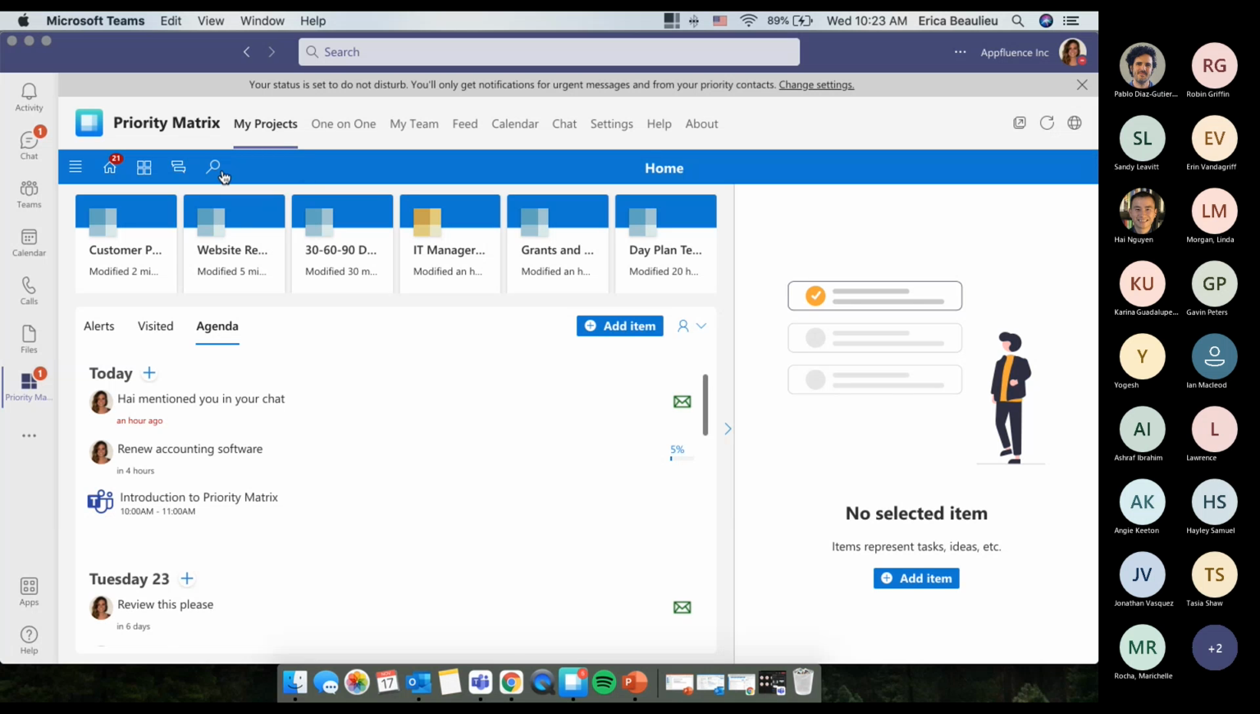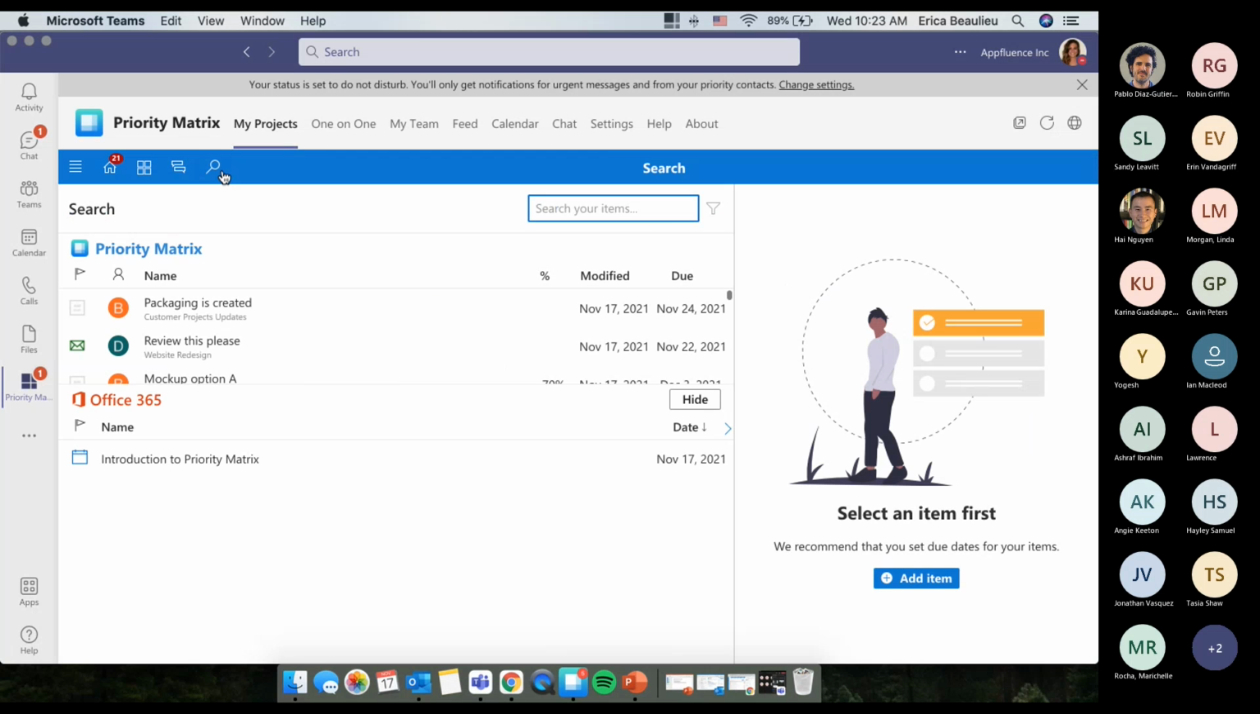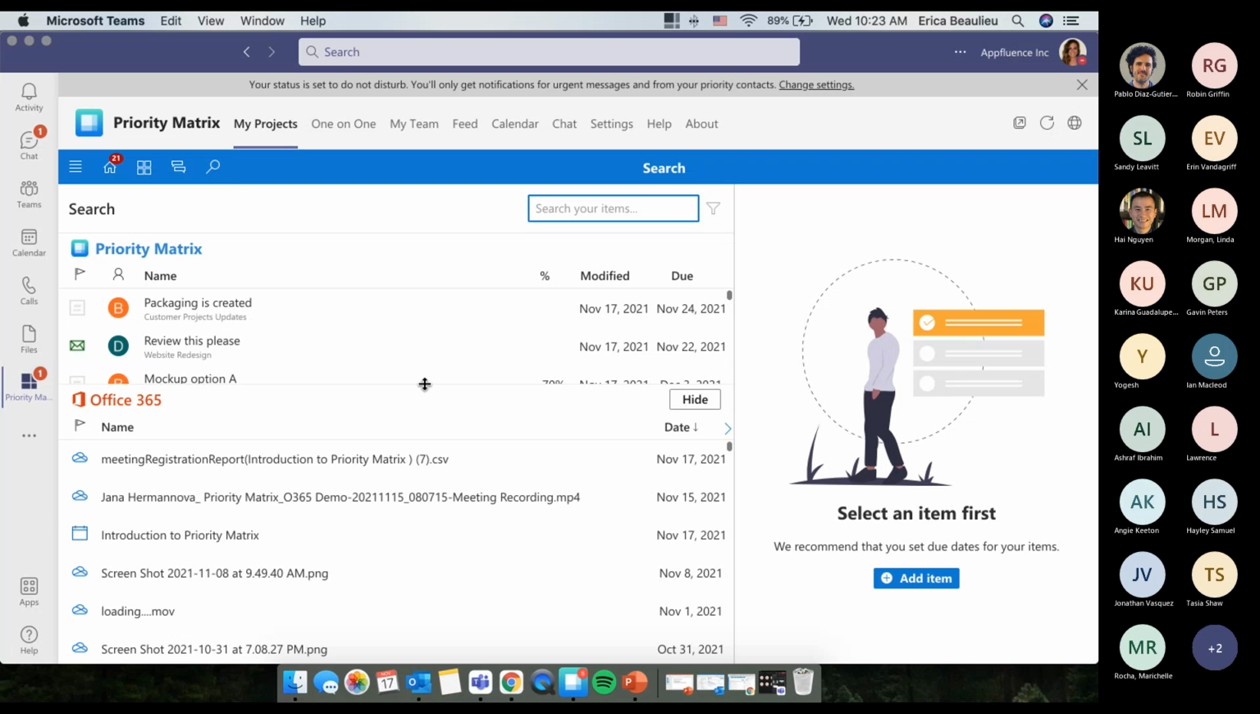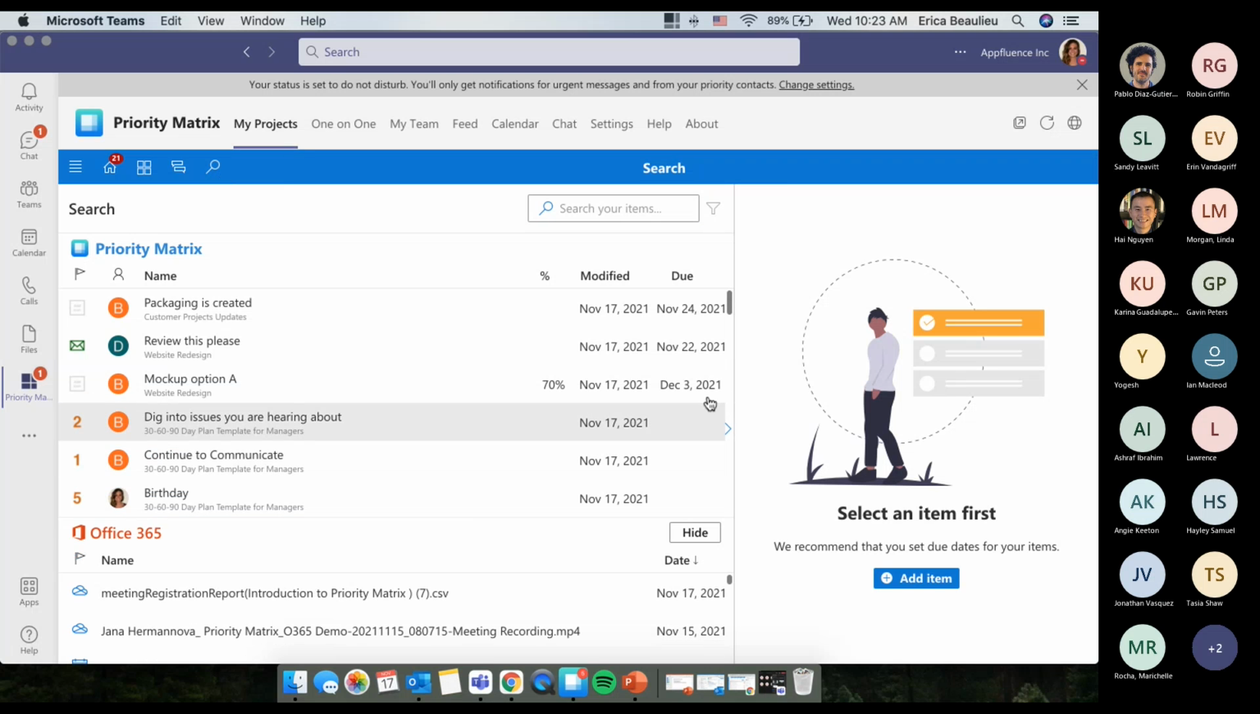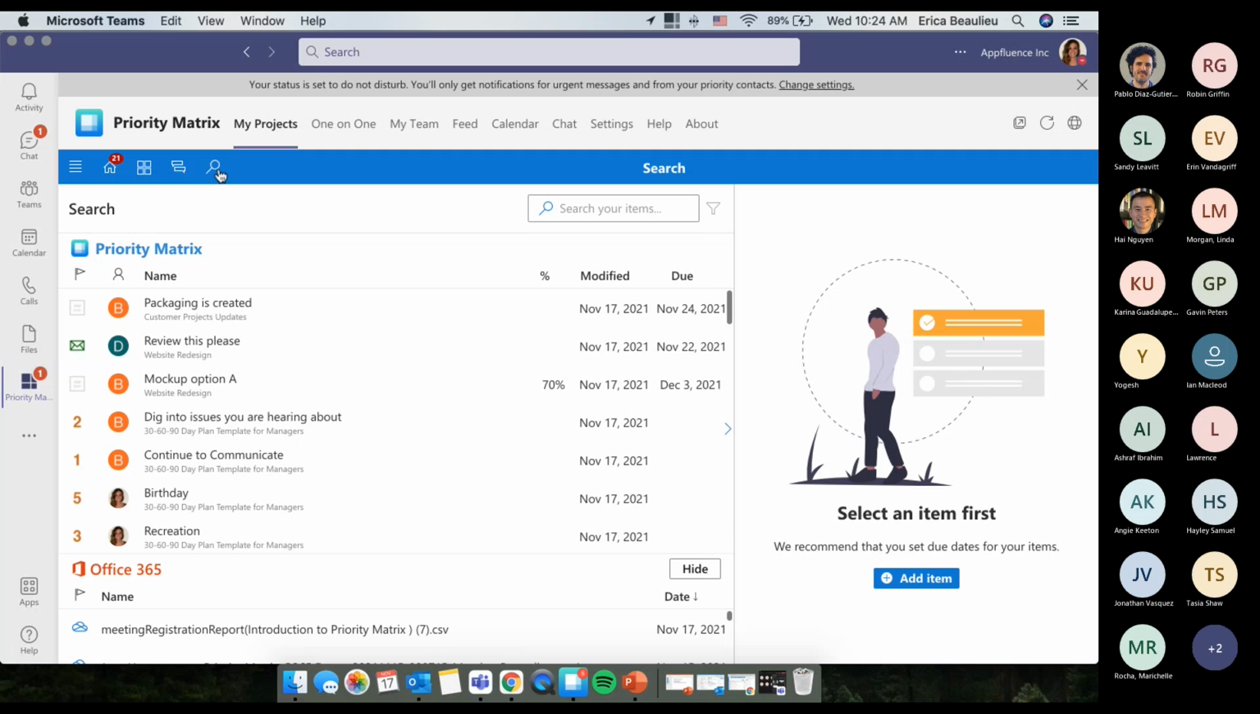For managers, it's also very critical to be able to see not only what you need to get done, but also where your teammates are at for all those things that you've delegated, or maybe just things you're keeping an eye on. So where I'm at now is I've jumped to what we call the search view. And when I show people this view in one-on-one meetings, I honestly see a grin come across their face. They kind of light up because what you're able to do here is not only limited to searching through Priority Matrix for items,